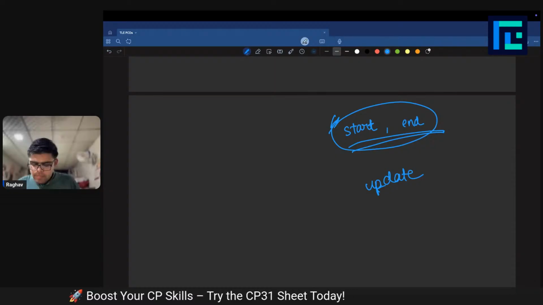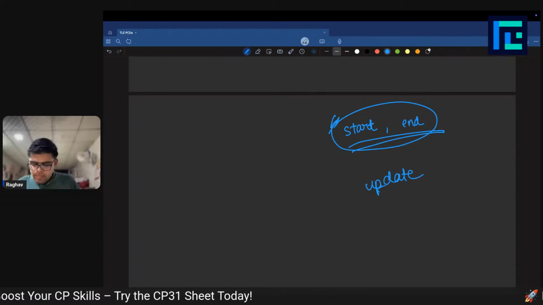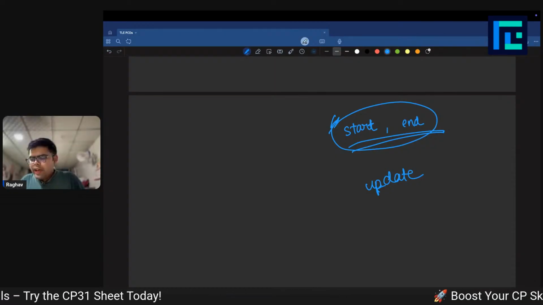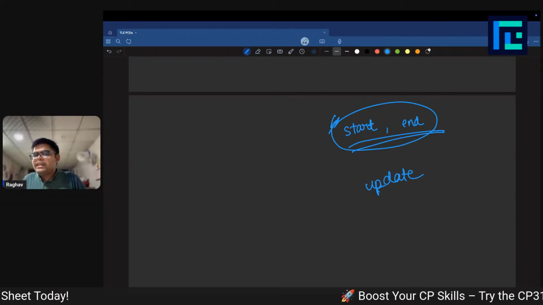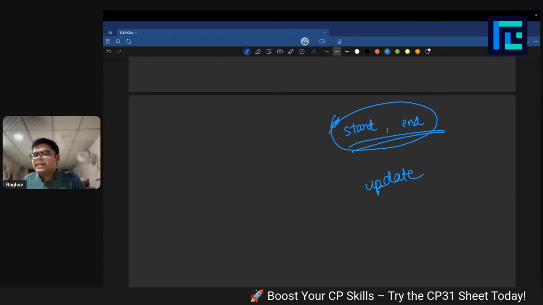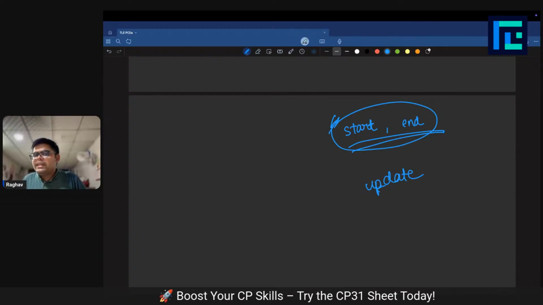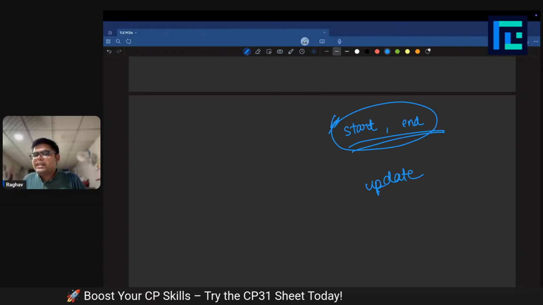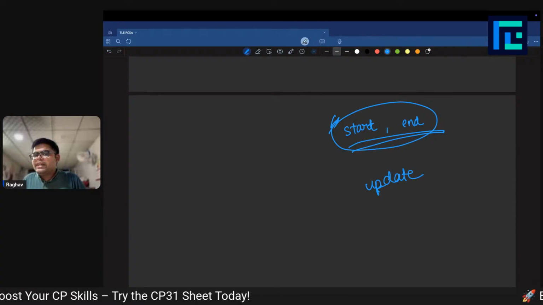Okay, so let me show you the code. In my code, I have a generic segment tree, and the implementation is iterative. So this is also something I should add in the prerequisites. Maybe just search on the internet